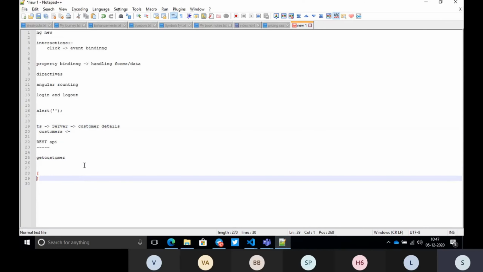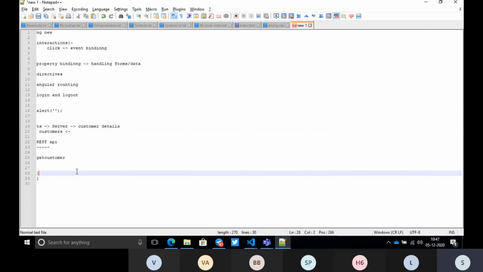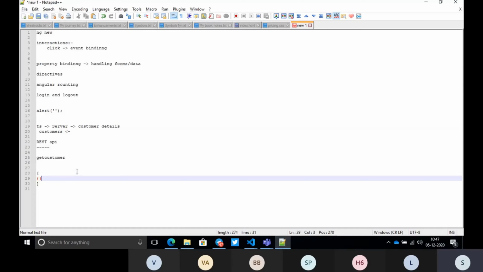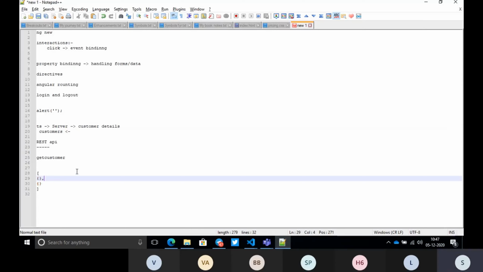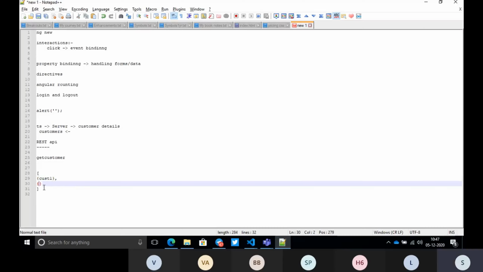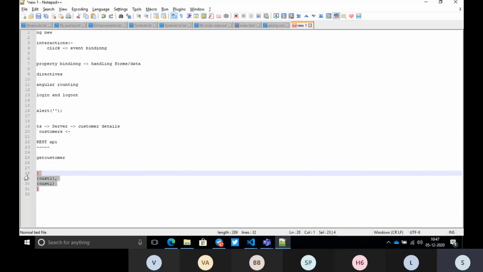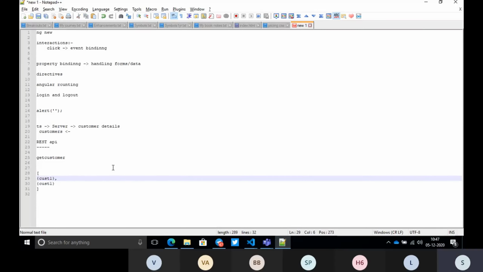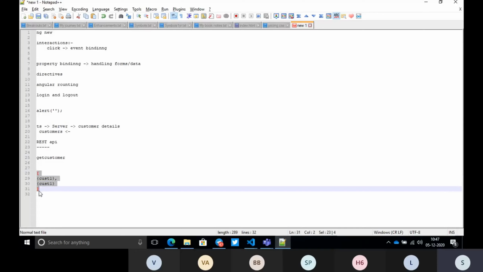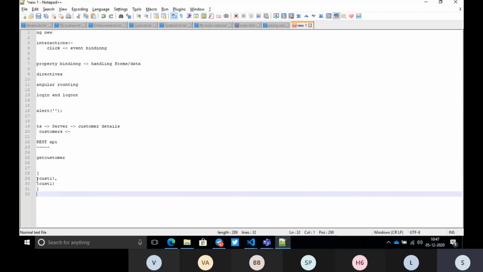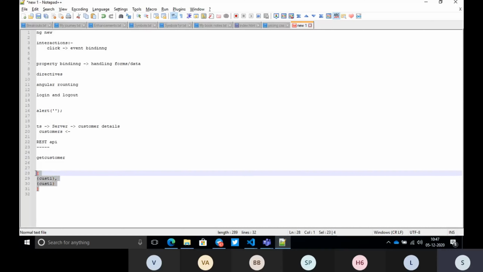How will the JSON form be? It will be in key and value pairs. Suppose we have customer 1 and customer 2, we will get them as an array. Something like that it will go on. If you have no idea about JSON structure, it is difficult, but JSON is nothing but key and value pairs. They can have an array also. Here we have an array, and inside the array we have two customers' data. This data will be written by the server team.